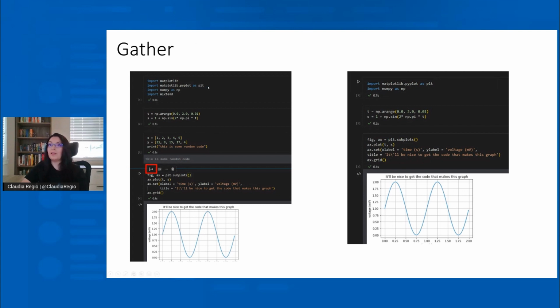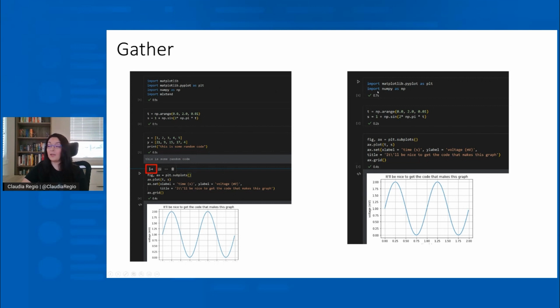So as you can see here in my left example, I've got 4 cells. I have this third one here. This is some random code. It does not contribute to this cell down here in any way. So if I go ahead and click Gather right here on the icon that's surfaced, what's going to be generated is this output in a new notebook. And by setting, you can choose if you'd like it to export to a new notebook or actually a Python script. So as you can see here, a quick comparison, we see that our inputs are reduced.